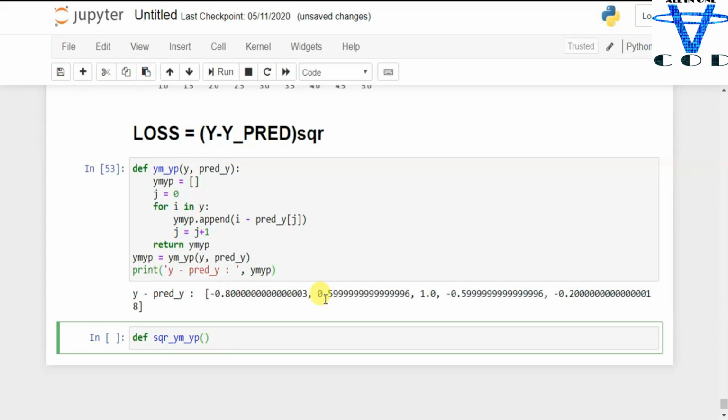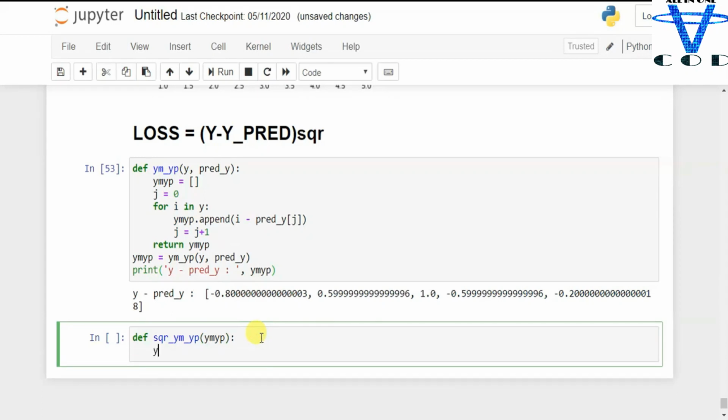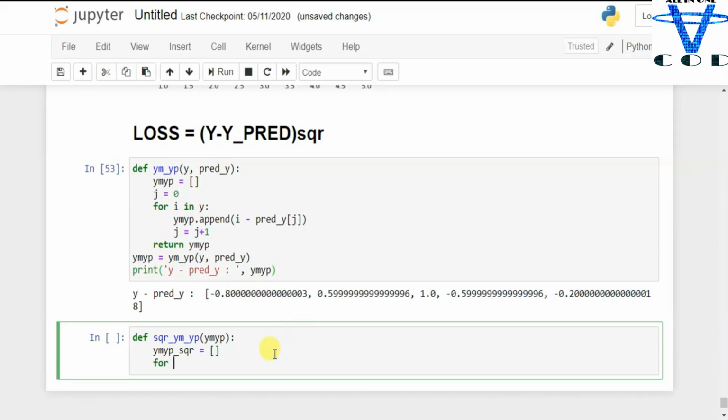So we just need to pass the ym_yp and ym_yp_square equal to an empty list, and then I'm gonna take a for loop, for i in ym_yp, and ym_yp_square.append.